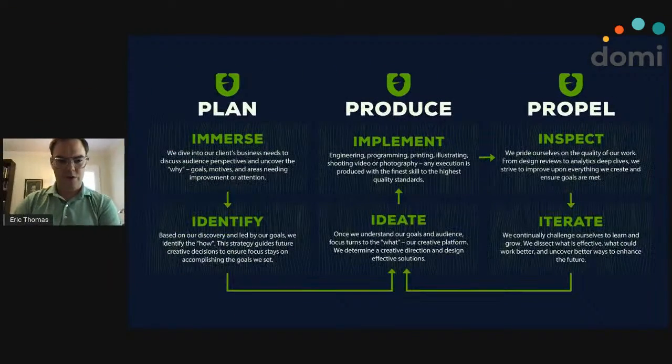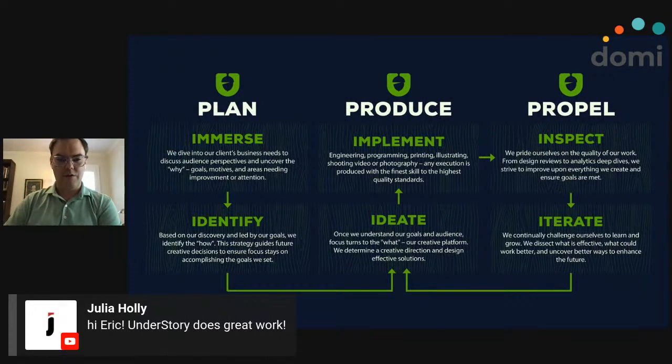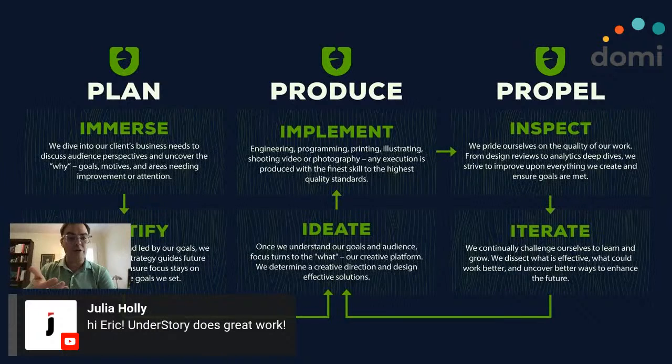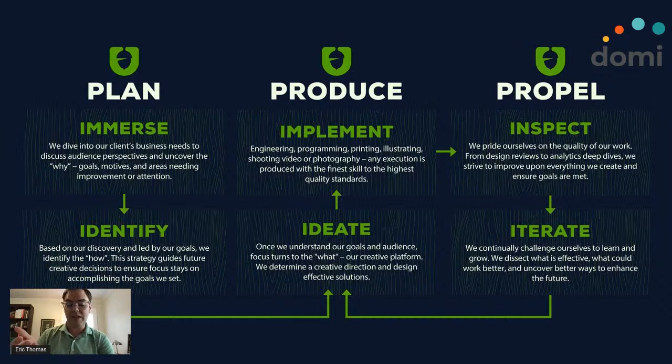This is mostly on that plan, that first column over here on the side. Hopefully that works. There we go. Over here on the left hand side, you see top level, plan, produce, and propel are our three main buckets of the process. And that planning process is really what we're going to talk through today, something just to help with maybe some upfront knowledge for you. A lot of times we find that including that in a scope can help this plan. Sometimes you don't know the questions that you need.